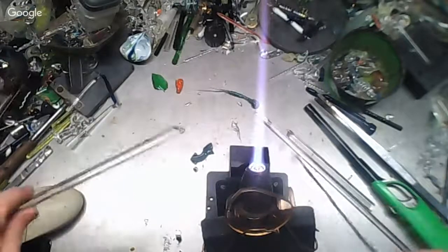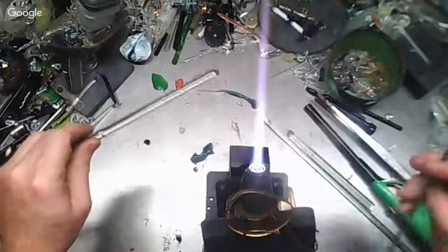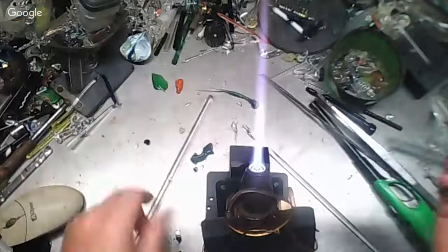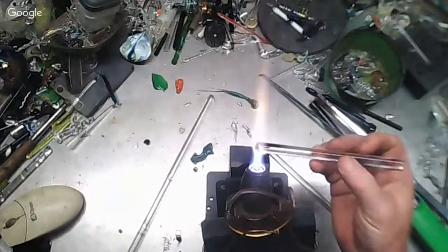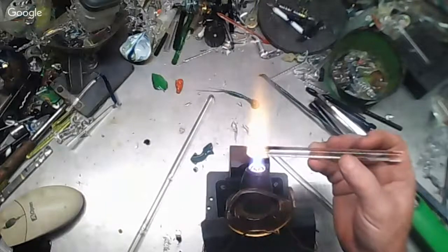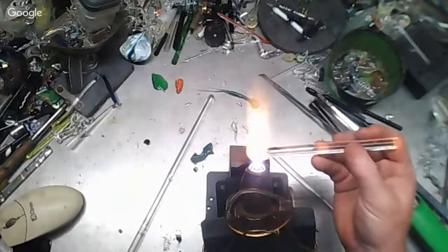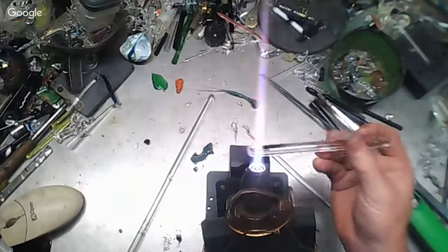Now I feel like doing another little Christmas ornament, because actually I'll do a quick icicle too. Let's do a quick icicle, and I've got an idea. Actually, I think I showed you the idea once before, but instead of making a flat ribbon and pulling it out, which they look okay too,